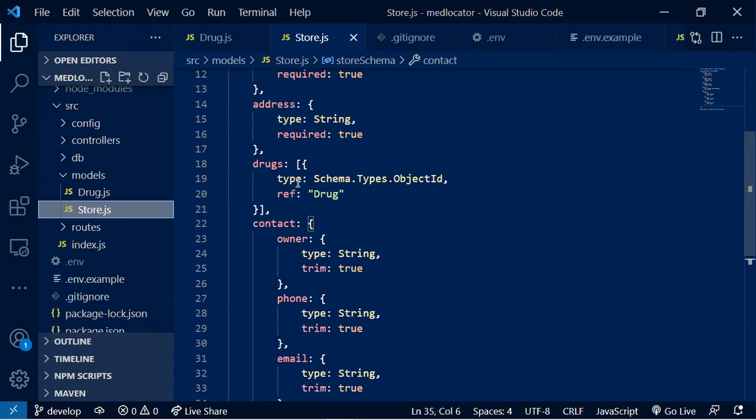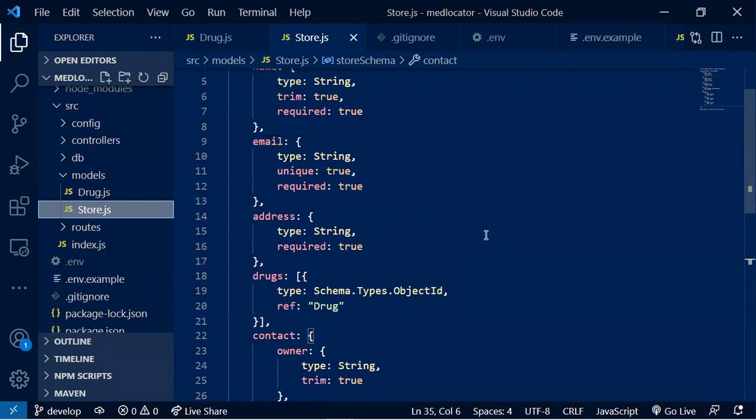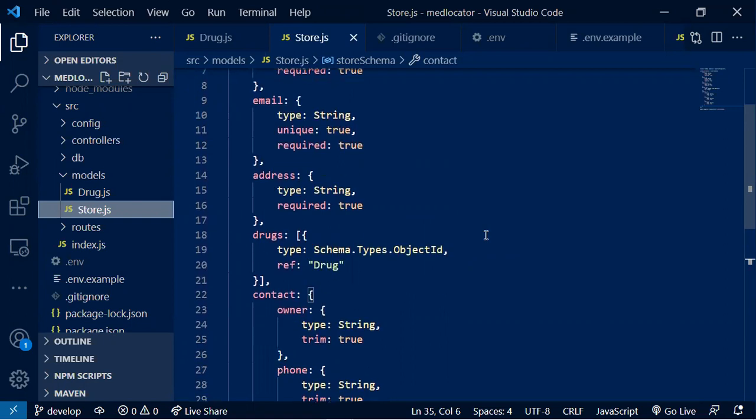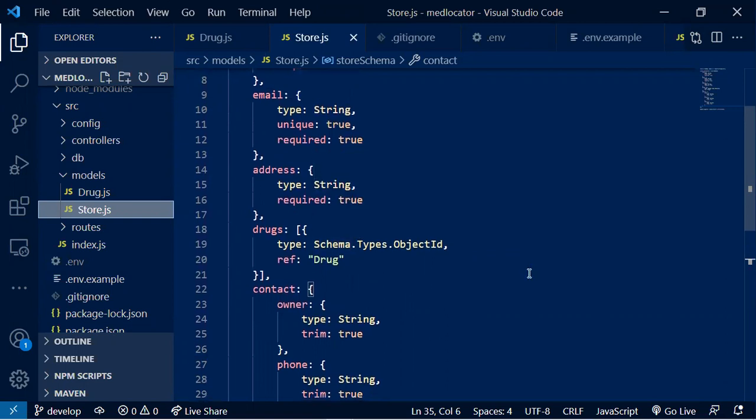The reason why I put drugs on the store model is because if a store owner signs in, he has to see the drugs that he himself owns, everything in one place. So if we are returning from the store model back to the front end as a JSON, instead of trying to search all the drugs and looking for the ones that match the store ID, I was thinking everything should just be on the store model at once. I don't know if you get. We can do